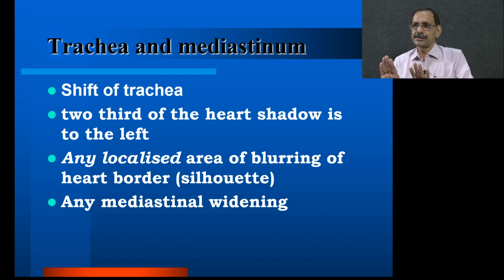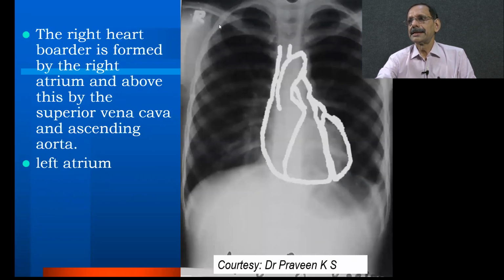The other one, they merge together because they are in contact with each other. And then look for any mediastinal widening. And the tracheal shadow, see, this air shadow is the tracheal shadow. We can compare it with the spinous process. The heart, actually we will discuss in detail in the next session, but just a few points.